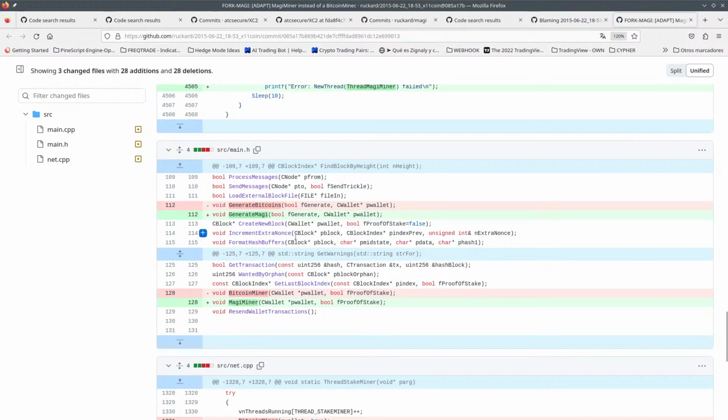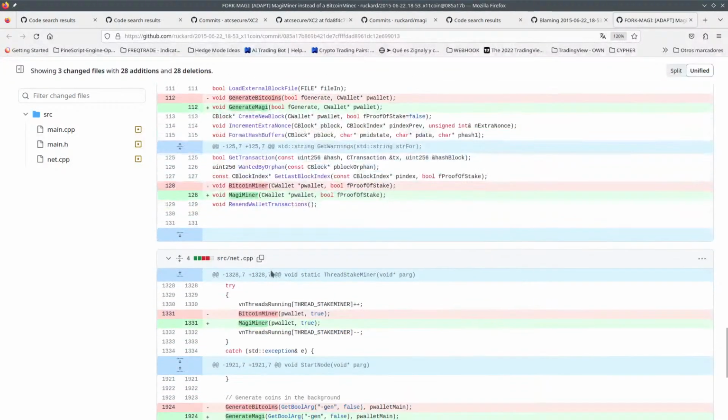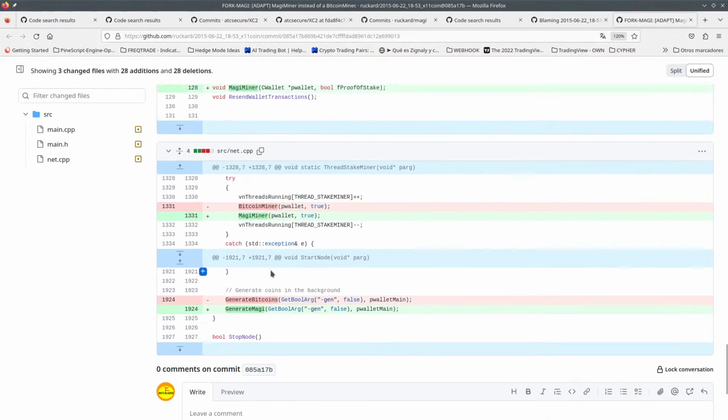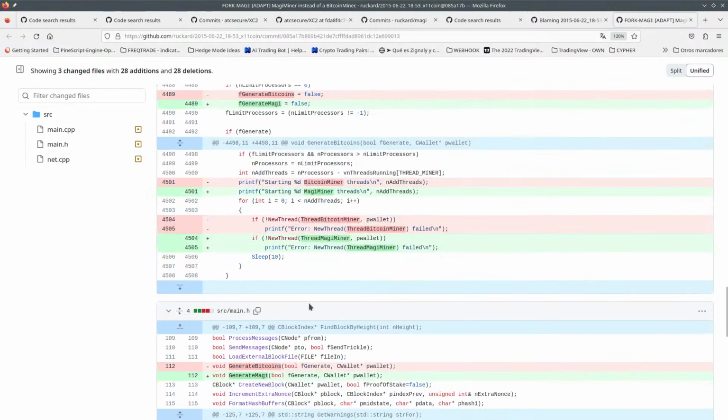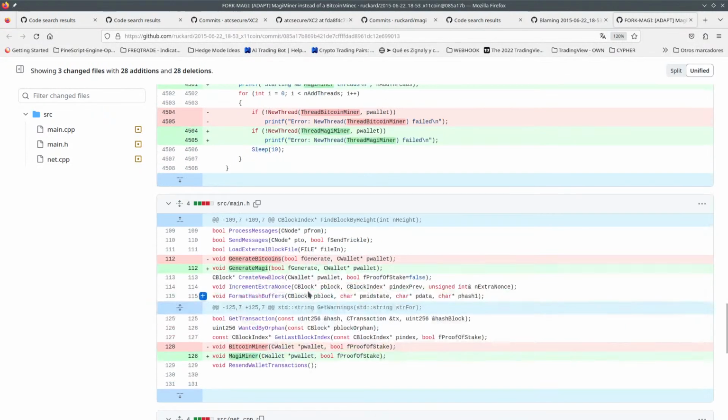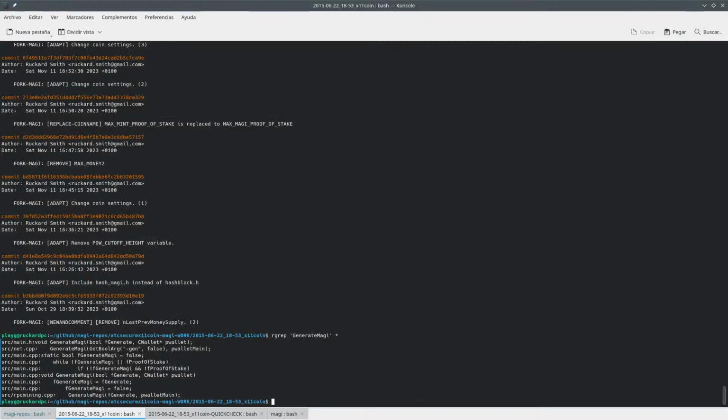So you can see here in src main.h how you've got generate magi. That's nice. And then in net.cpp the same thing happens, but this is a different function, if I'm being honest. So yeah,